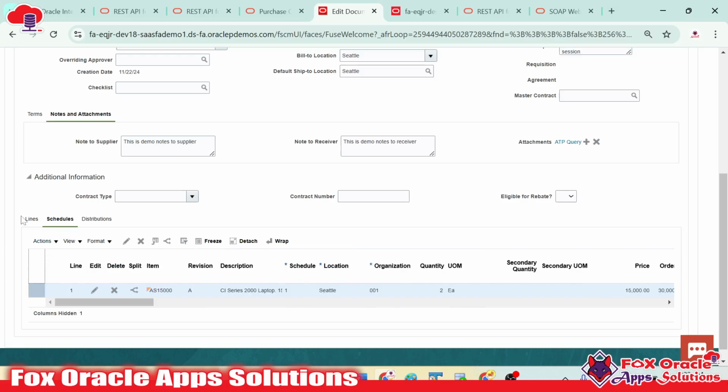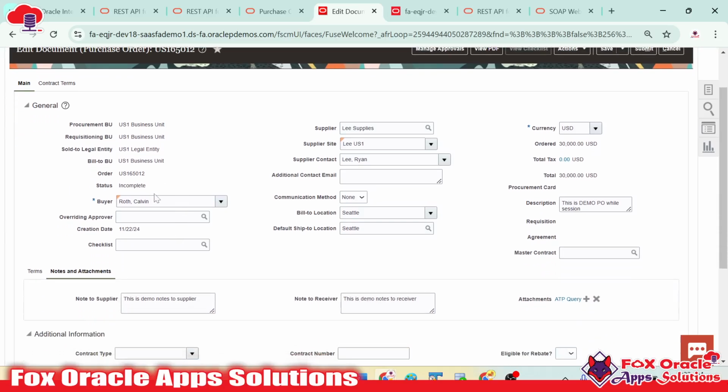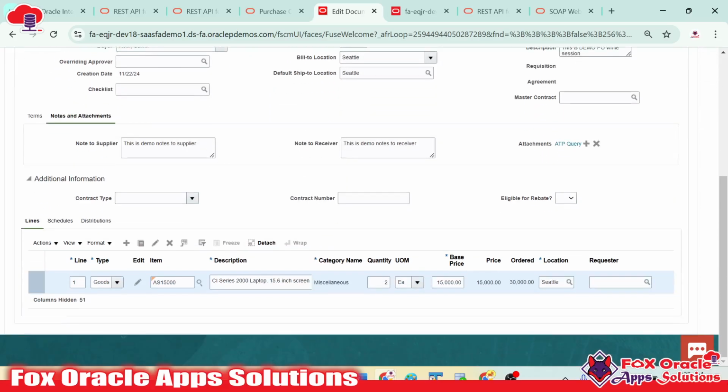Just in brief, I want to tell you that whatever information we manually entered here right now, all of this information we will pass from the API, and the remaining will come by default. For example, while creating this one, we just provided the procurement BU, requisition BU, sold-to legal entity. It came automatically. It's not mandatory to provide using the API, but we can pass that too. You can see we just selected the supplier site, and the supplier context came automatically. We can pass that also. You will get to know all these things and learn day by day. Bill-to location, ship-to locations, notes,